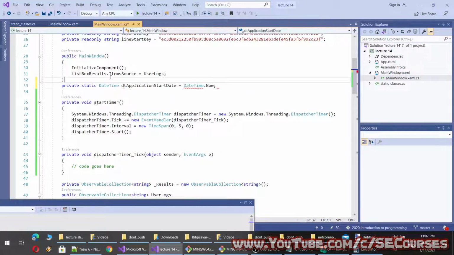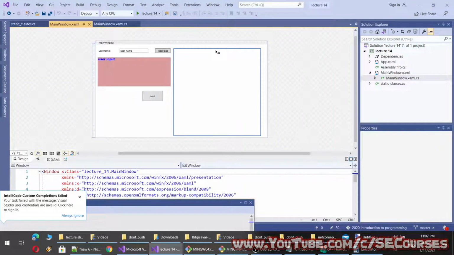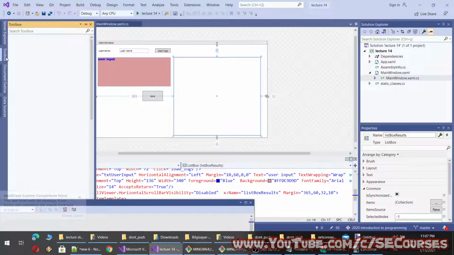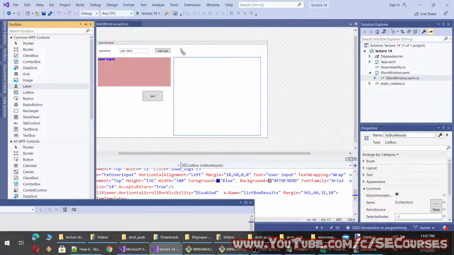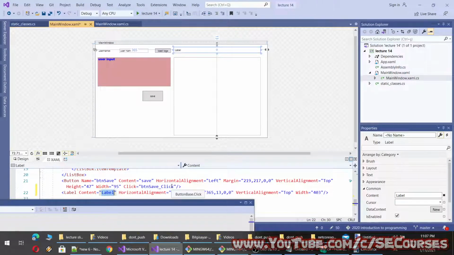So this will be set when the application first started, and inside this dispatcher tick I will update a label to show how much time has passed since application started, with each second, or I can define it with each millisecond. Okay, so let's name this as time. Name will be equal to linear time.